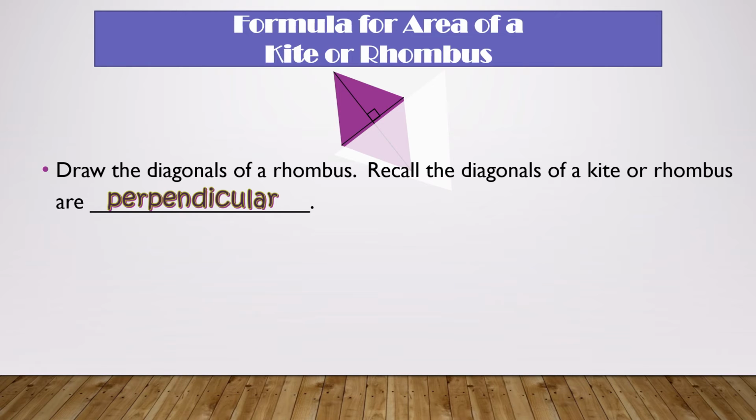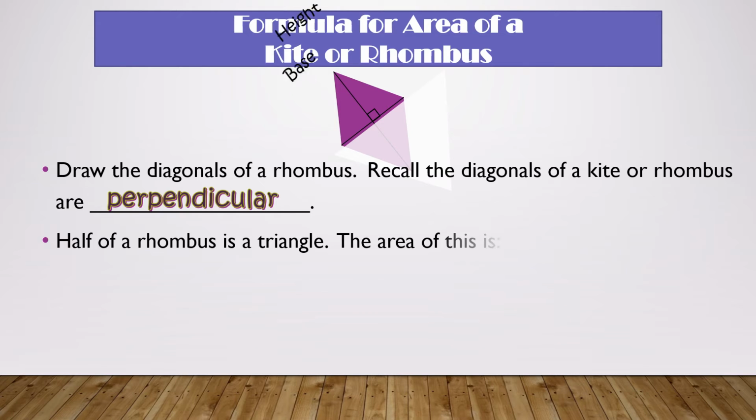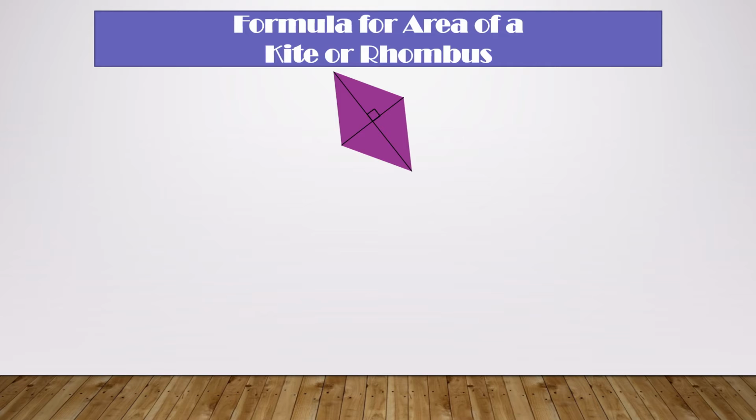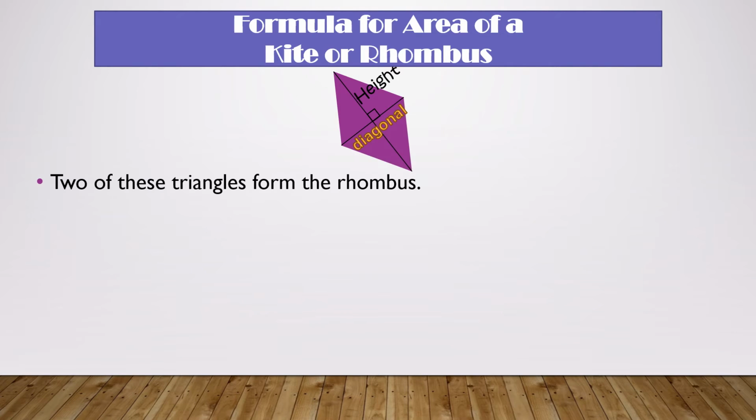A triangle makes up half of a rhombus, rather. So the area of a triangle is 1/2 base times height. Now the base is the same thing as one of our diagonals, so we're going to plug that in for base. So we would have 1/2 times diagonal times height. Now that only represents 1/2 of our rhombus, okay? So going back to this, where we have the height and the diagonal, two triangles form a rhombus. So that means that this base of the triangle is a diagonal, and then this height plus this height here